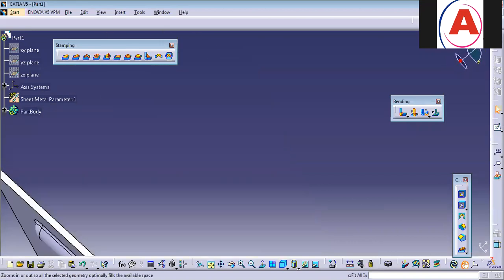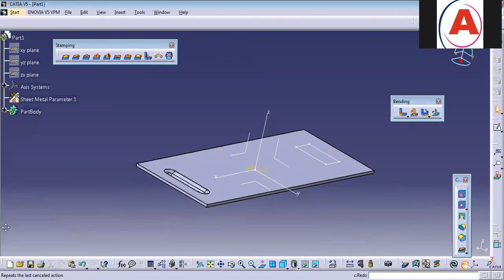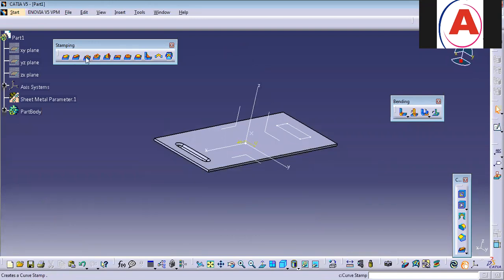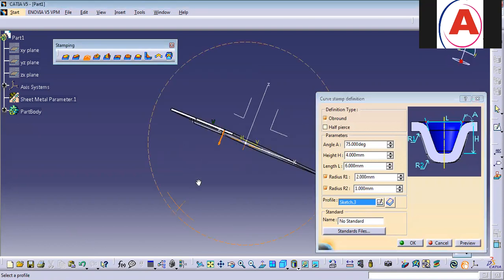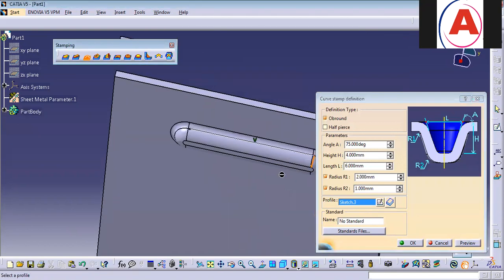So again, I have another kind of thing. That is nothing but curve stamp. This curve stamp works on an open profile. Just select this, and if you say okay to this by giving all these dimensions and changes, you can notice it has been changed. These two things are quite similar, but the total difference is this one. Here it is flat, there it was round.